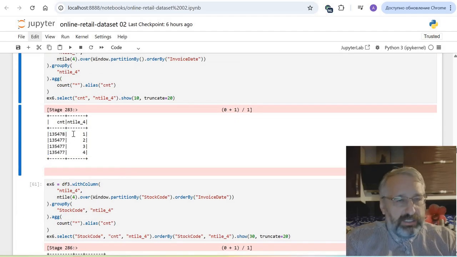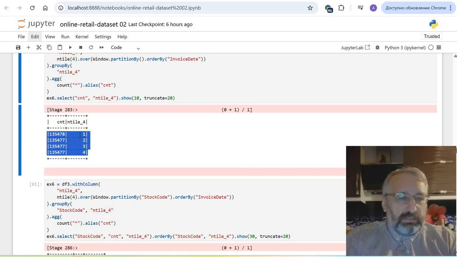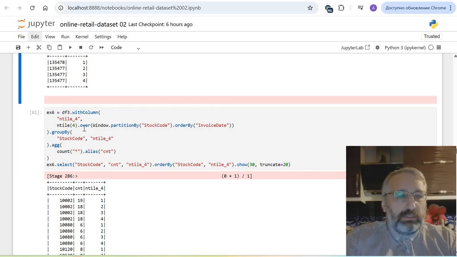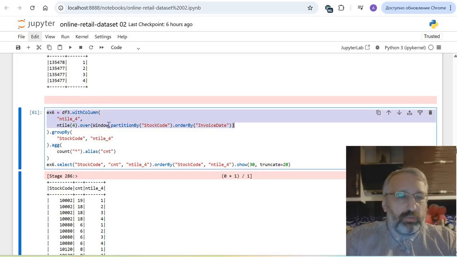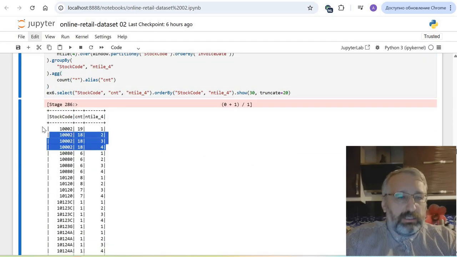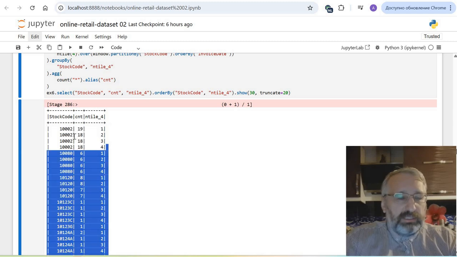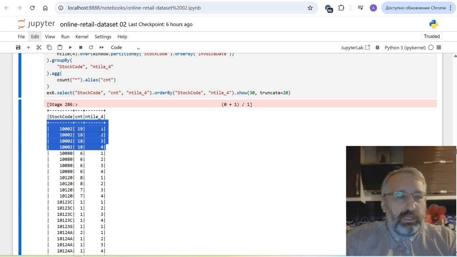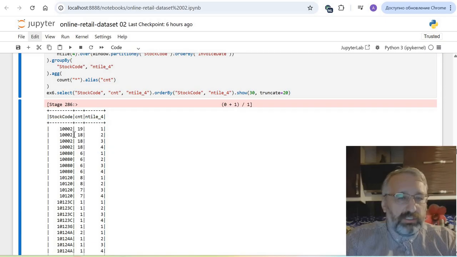So the whole number of rows was divided into 4 parts of almost the same size. Certain buckets might be one element larger than others. Okay. Here is another example. I have now created buckets with partition by stock code, and what we see here is this. So 4 elements for the stock code, and each one of them went into a separate